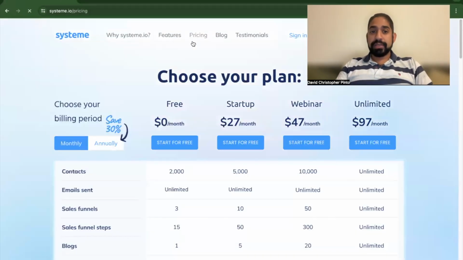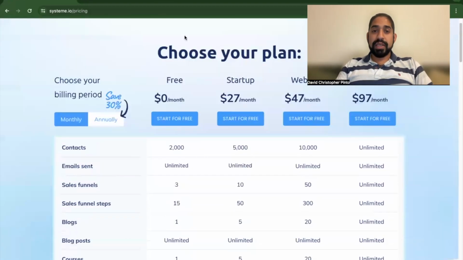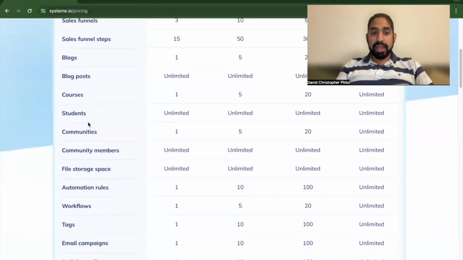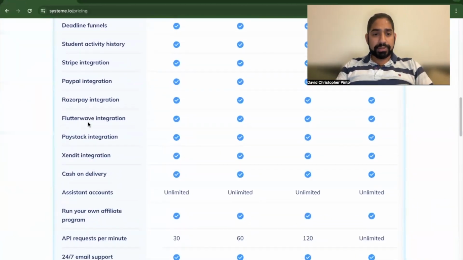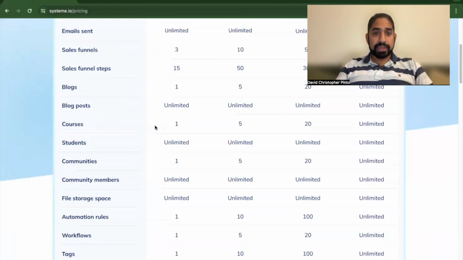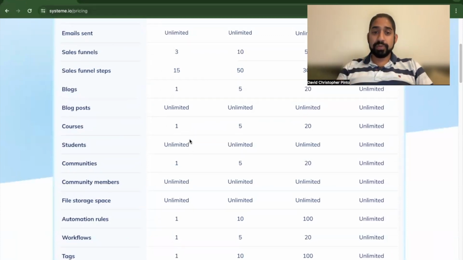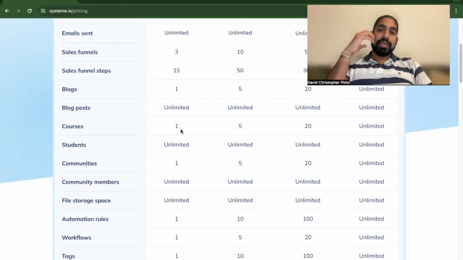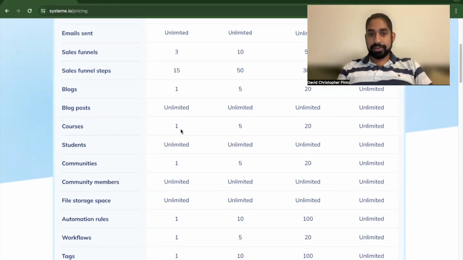And if I go to pricing, this is the cool thing. You can see on the free plan, they do have paid plans, but on the free plan right here, if I scroll down, I would like to show you course creation. Right here, courses that you can have as a free member is one. So imagine you want to test an idea out. Obviously, it's best to do some market research, whether there is a demand for the course that you are creating. If there's no demand for it, then it's pointless to actually create it.